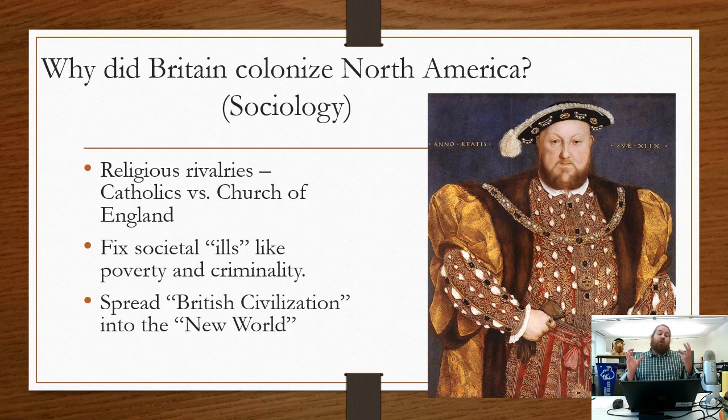Then lastly, what does culture have to do with this? What does sociology have to do with all of this? And so we'll start with just religion. In this time, there's a Protestant Reformation, and England forms its own church called the Church of England. Well, this creates rivalries between Catholic nations like France or Spain and England, which now has the Church of England, it's Protestant. And so that rivalry alone is enough to encourage a lot of people to go and settle the New World